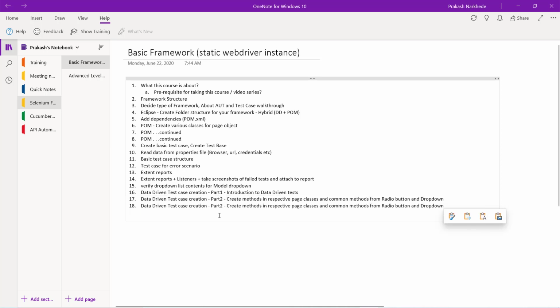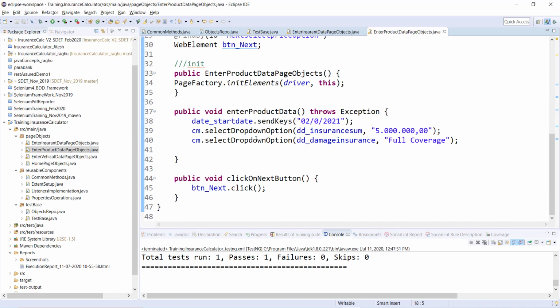Okay, so in this third part of this data driven series, we are again going to work on a common method, but this time we are going to create it for checkboxes. Okay, so let's see. If you remember last time we created